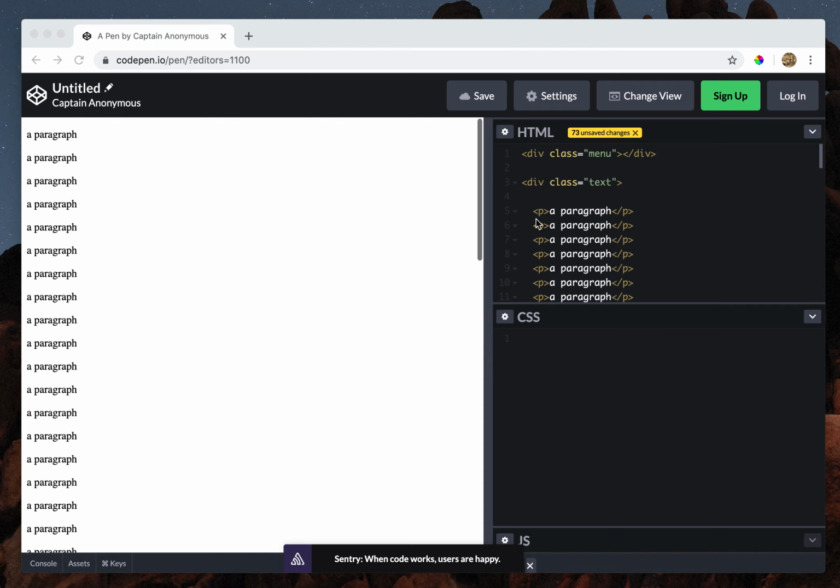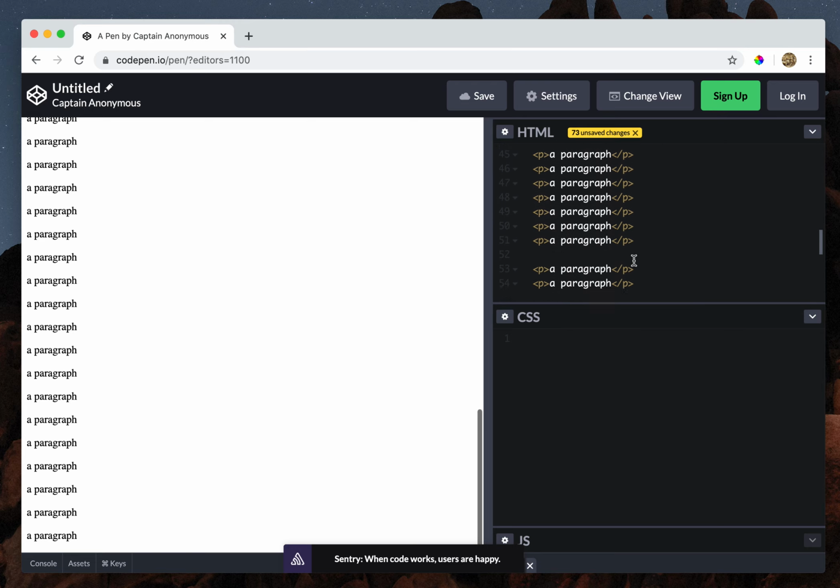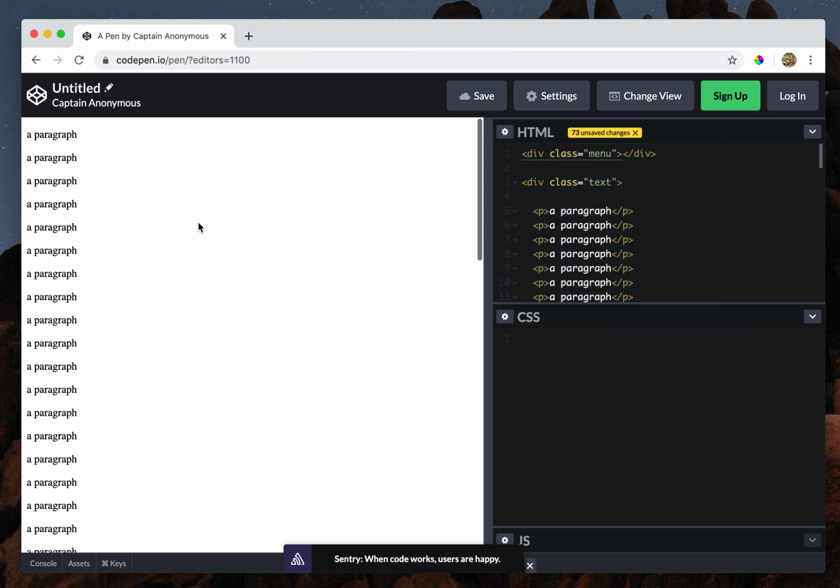Hi, in this video I want to talk briefly about how we can have a menu. So in this HTML code it will be this menu div that sticks to a certain position in the screen no matter how far you scroll. So we've got all these paragraphs here you can see within our text div that will allow us to scroll